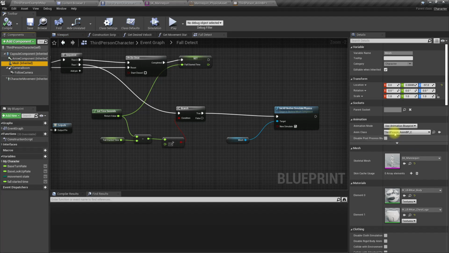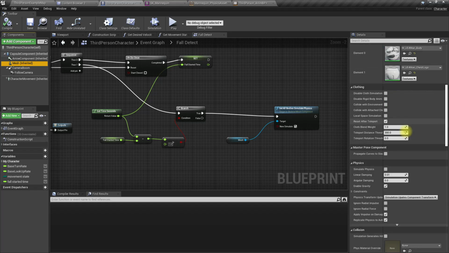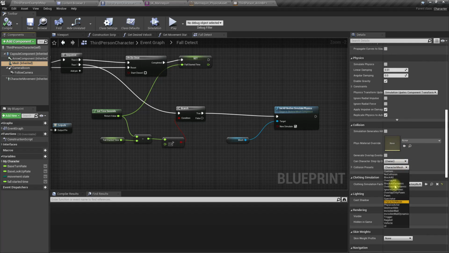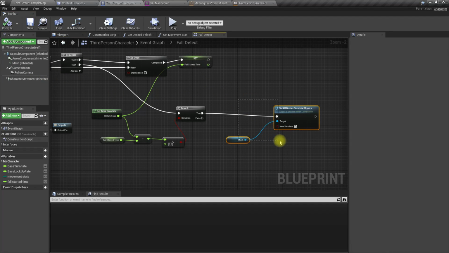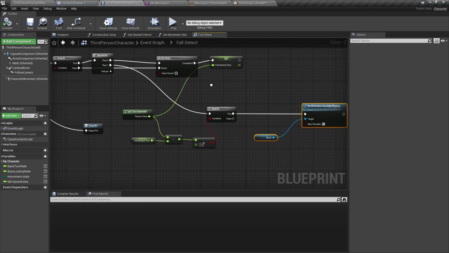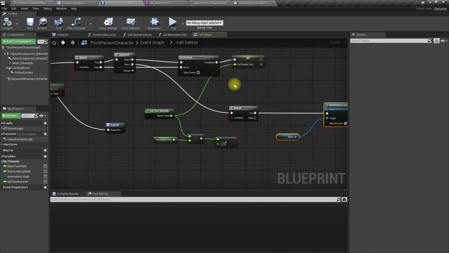What's the collision class? I think it should be ragdoll. Right, shall we check?